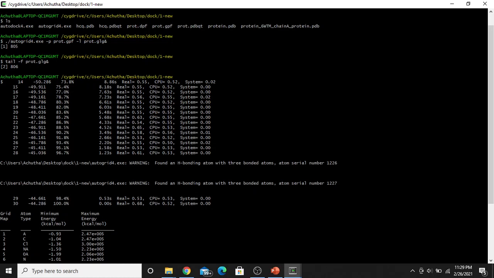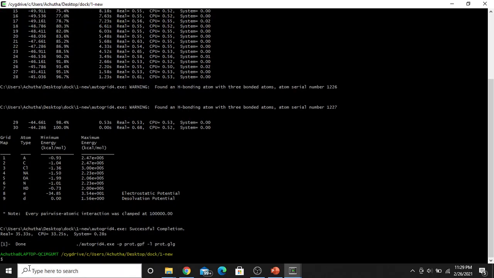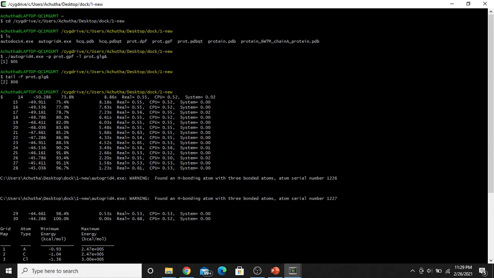These commands are the same, so you can type here dot slash autodock4.exe, that's the application name.